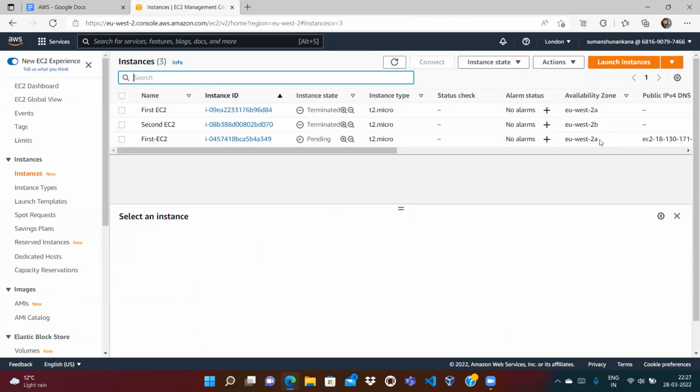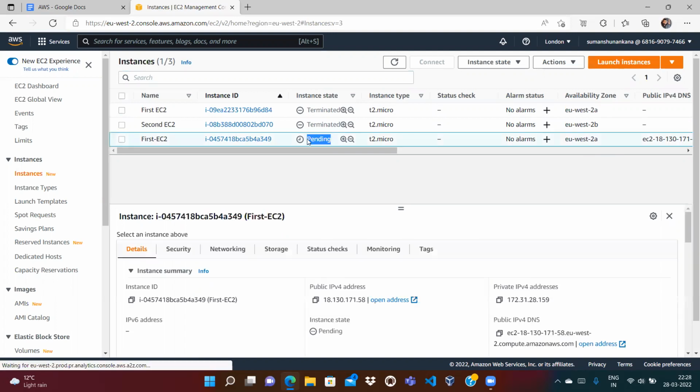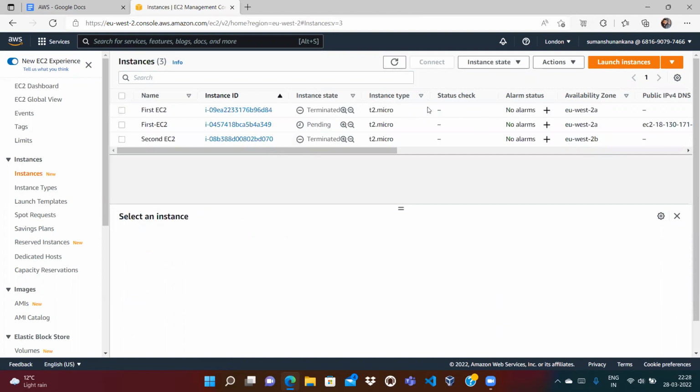So it's in the 2A. So it will be up and running within a few minutes. But meanwhile, let's create one more EC2 instance in the 2B,